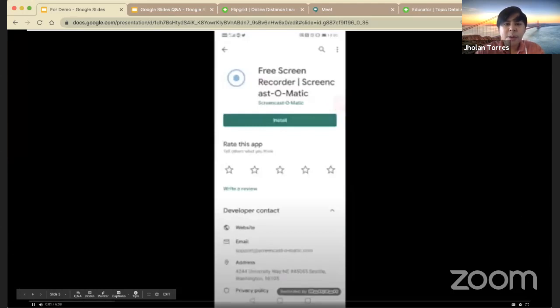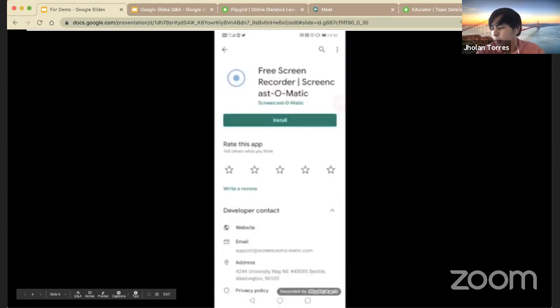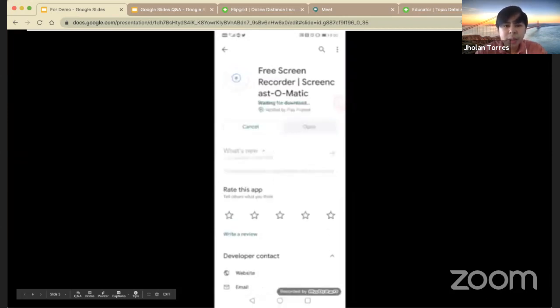For example, just go to the Play Store. For example, this one, Free Screen Recorder. Just click install. If you're using an Android phone, just look for Free Screen Recorder. You call it Screencast-O-Matic.